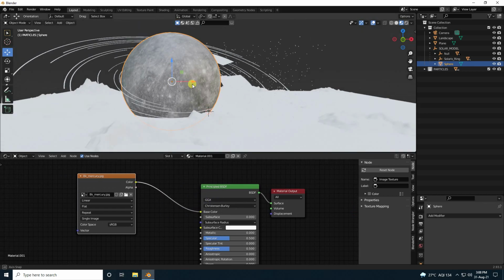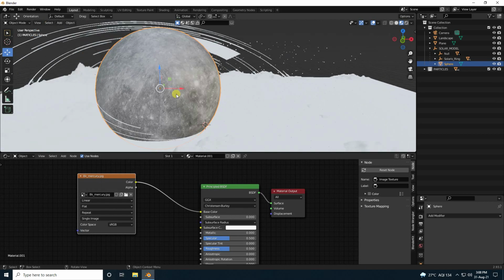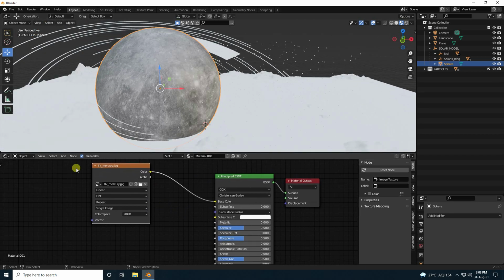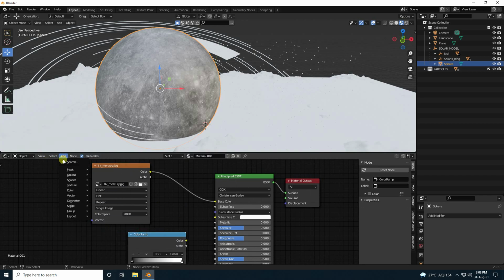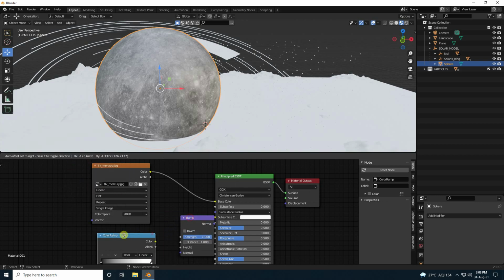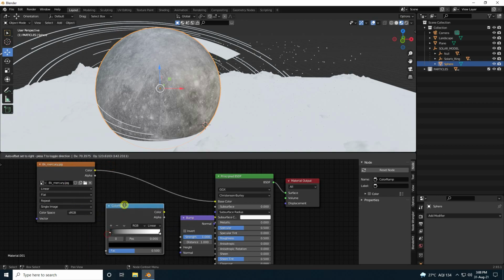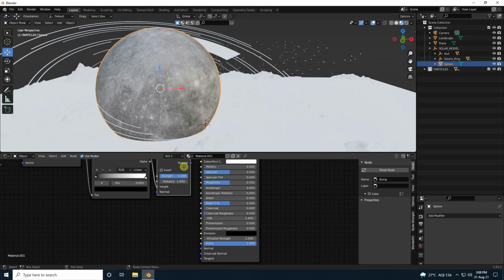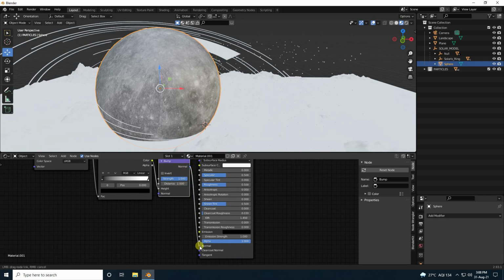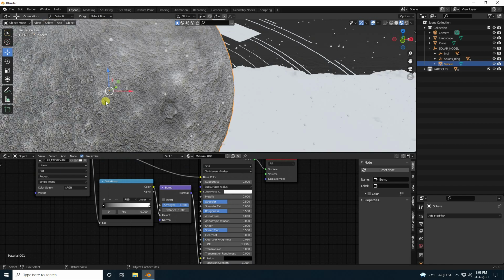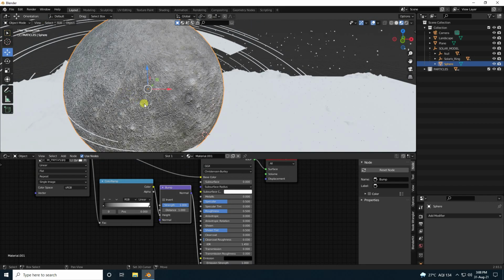Yes, see, right? Closer. Yeah, and next guys I apply a color ramp and use also a bump map, actually only bump. Yeah, so guys select this color, connect with this one and this color and apply on height. Yes, and guys apply this bump on the normal map. Yes, see guys, that's really good. It's really a moon effect.